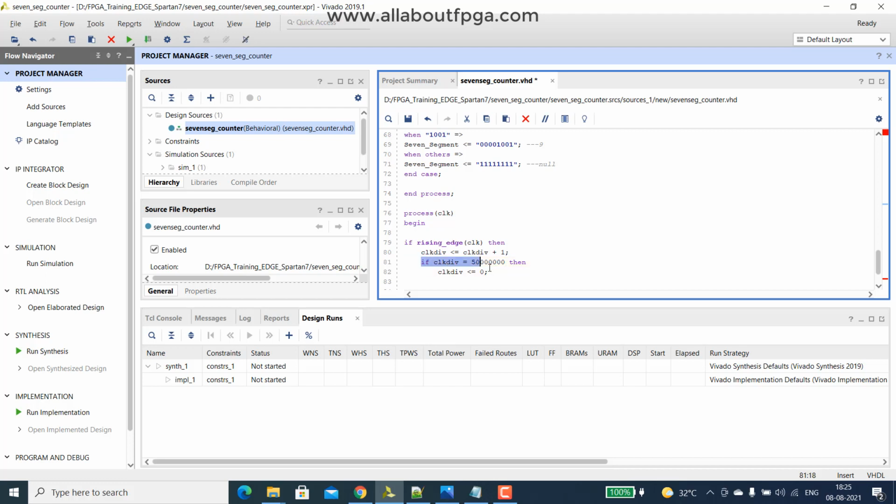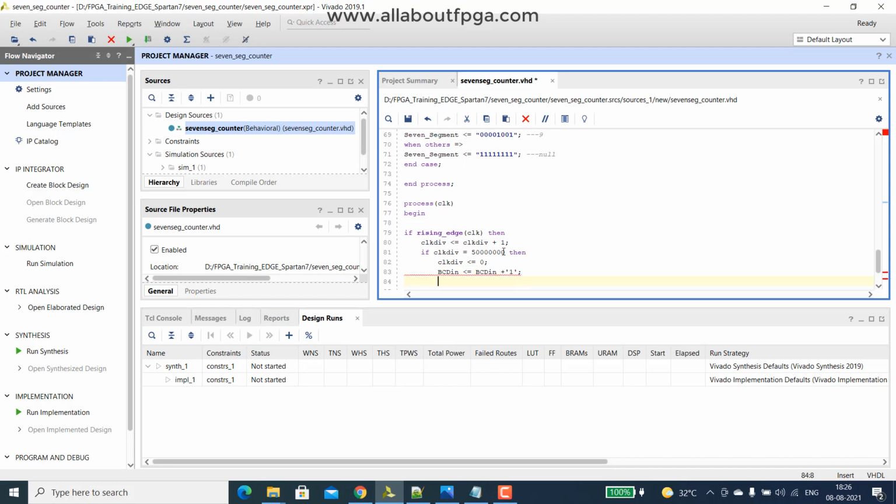So whenever it reaches 50 times 10 power 6, we make the clock div 0 and increment the BCD in. That BCD in should be incremented plus 1.